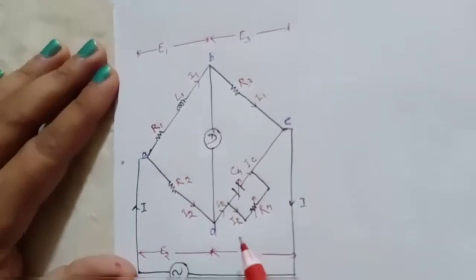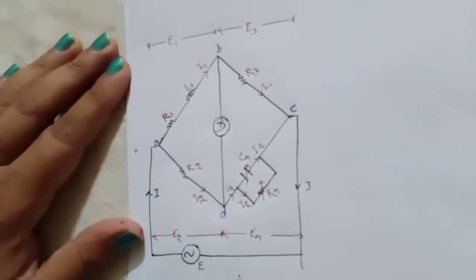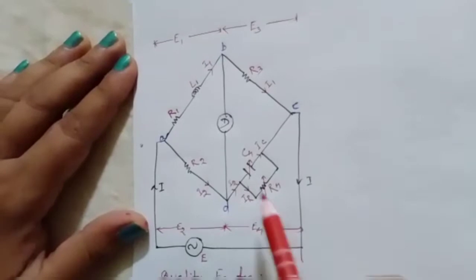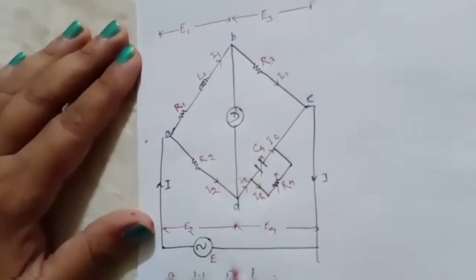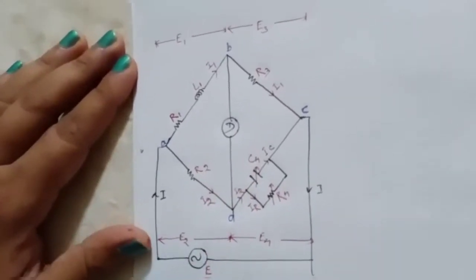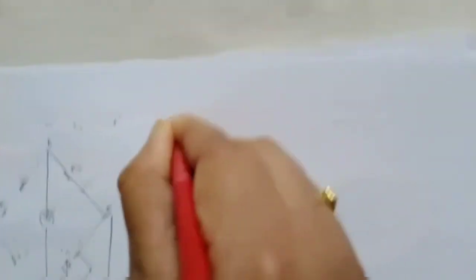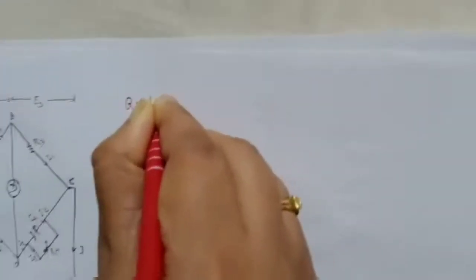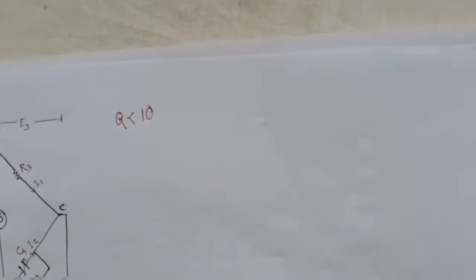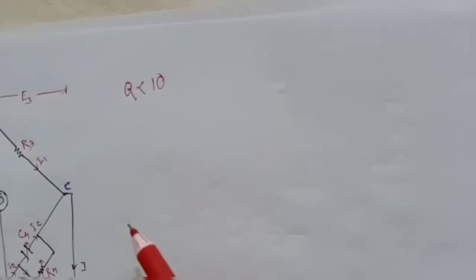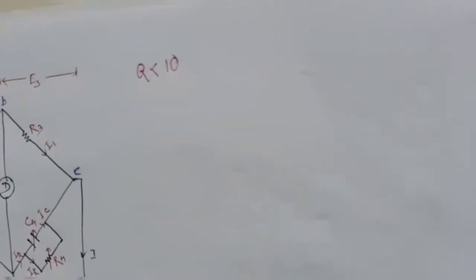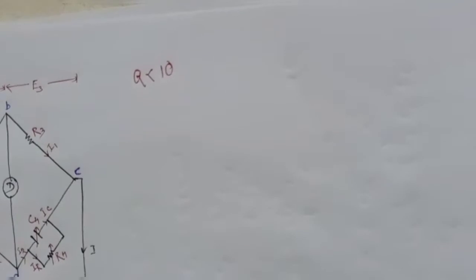So that is not possible for this circuit. Therefore, in this type of bridge, we are measuring simply the value of low Q coils, where the value of Q must be less than 10. For less than 10, we are using this Maxwell's inductance capacitance bridge. It is used for low Q value coils. Then we have to draw the phasor diagram